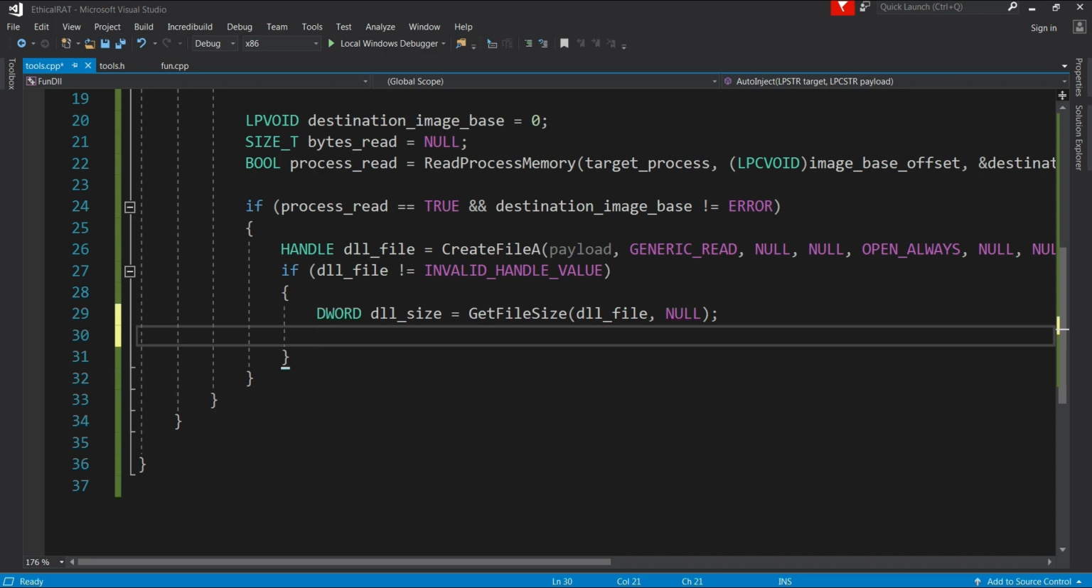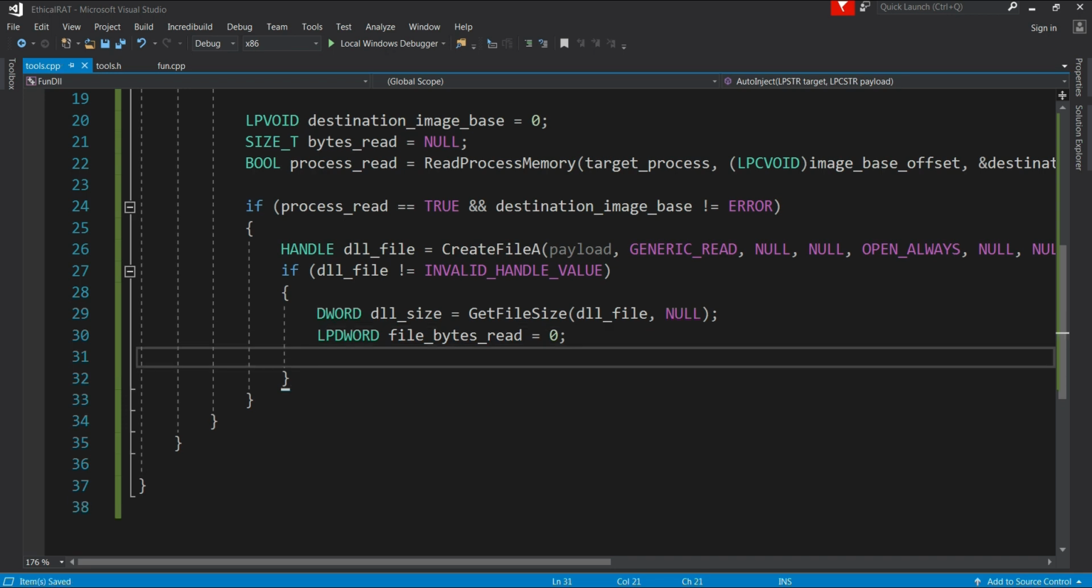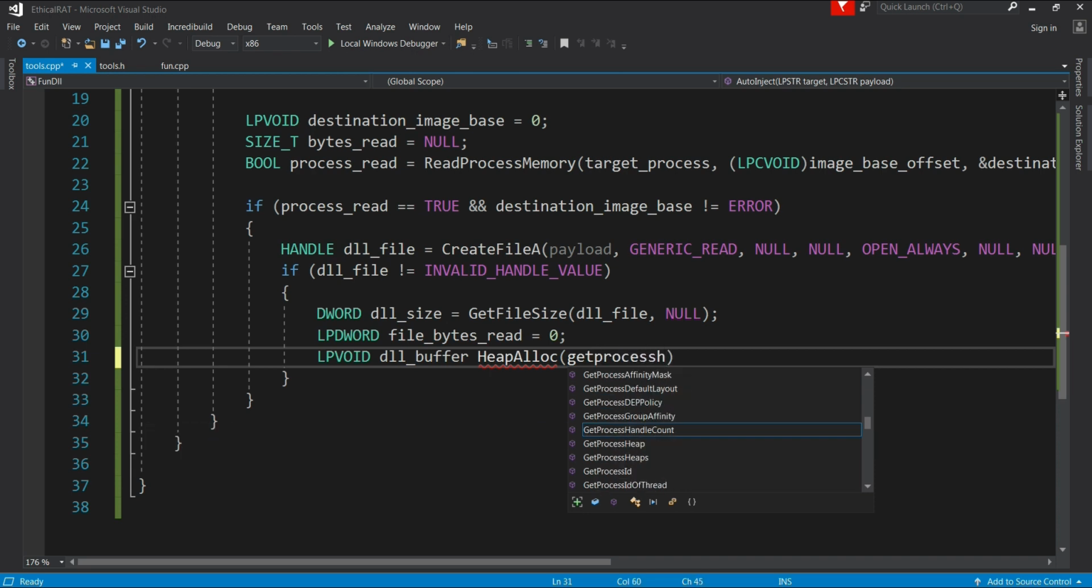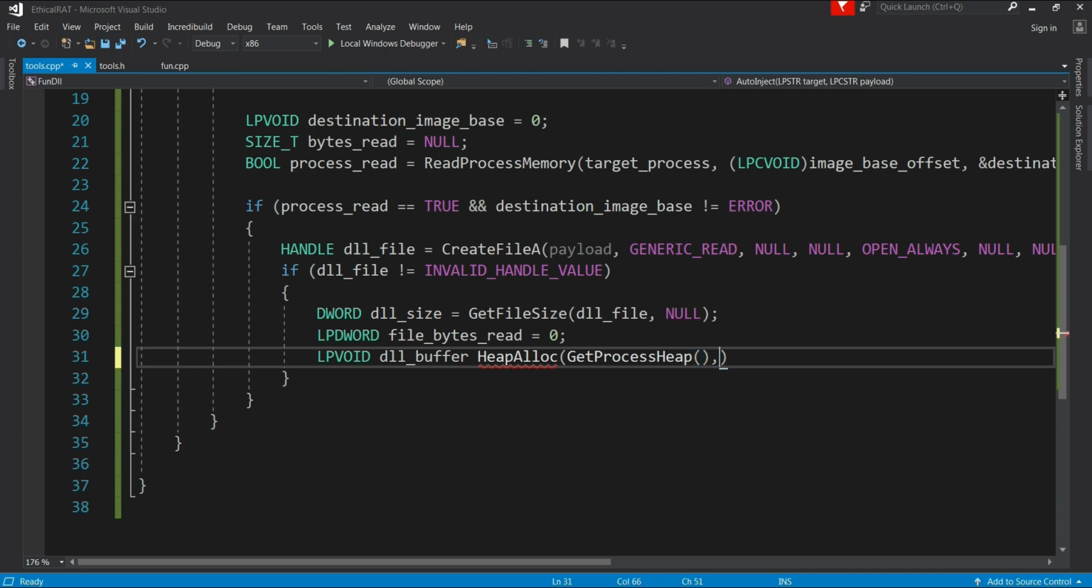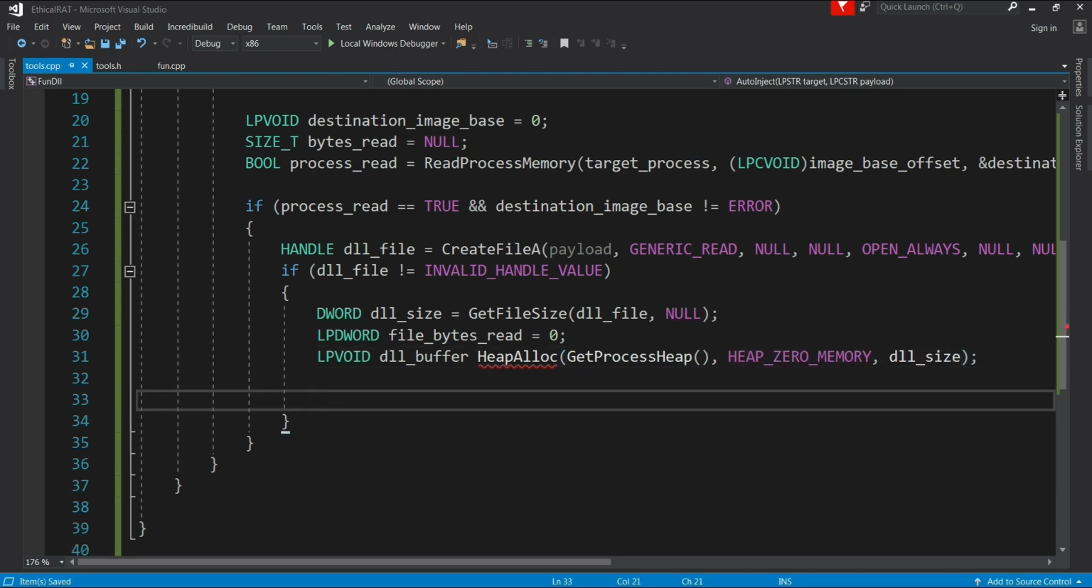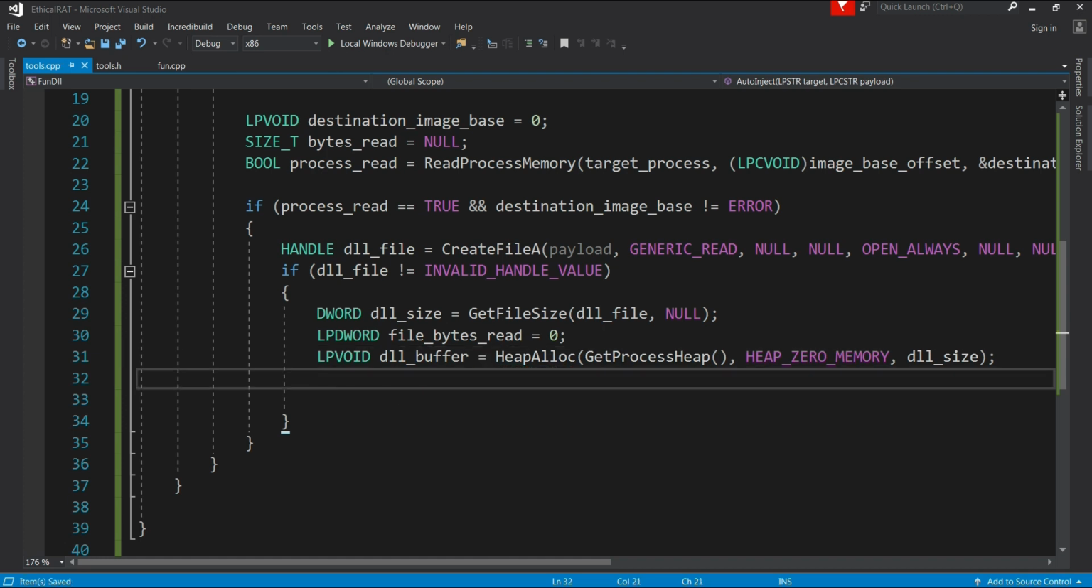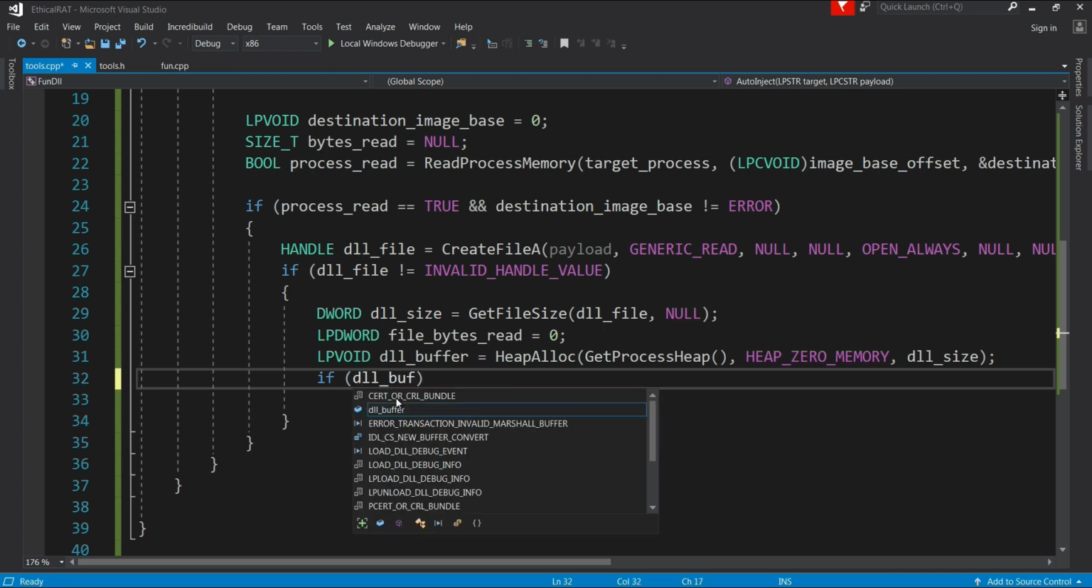We're gonna store in an LPDWORD variable the file bytes that were read. I'm just gonna make it equal with 0 for now. And here will be the DLL buffer stored in an LPVOID. We're gonna use HeapAlloc instead of LocalAlloc. GetProcessHeap. And here will be HEAP_ZERO_MEMORY and DLL size. Here is equal. Okay, if this buffer is not equal with 0, with error,